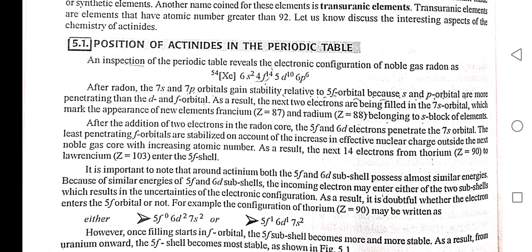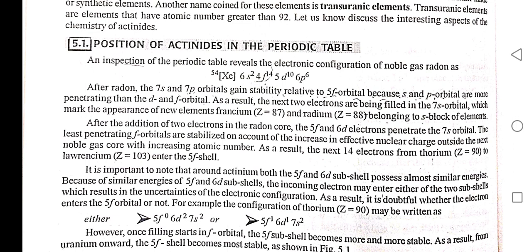As a result, the next 14 electrons, from thorium, atomic number 90, to lawrencium, atomic number 103, enter the 5f subshell. It is important to note that around actinium both the 5f and 6d subshells possess almost similar